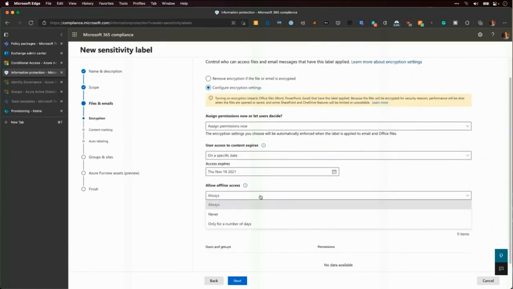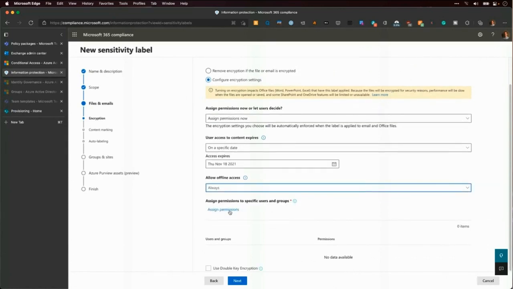If you're going to allow offline access to it or not. This is sensitive information. This is confidential information. We are actually going to go in now and completely block offline access to this file. So it has to validate who you are, validate your user. There's no taking an offline file and caching it. And then going in and assigning those permissions.